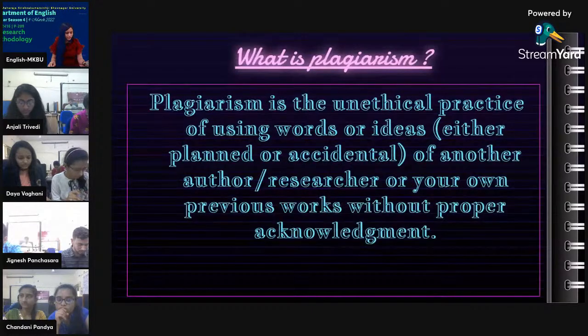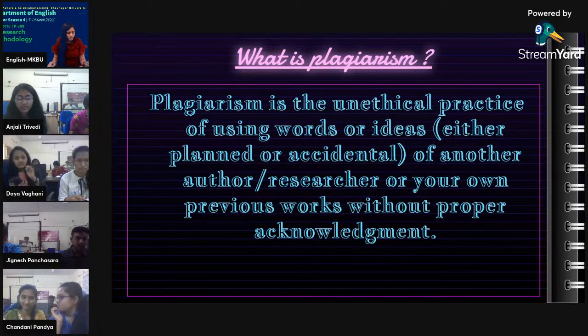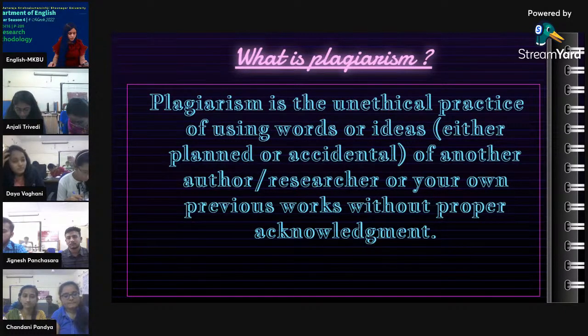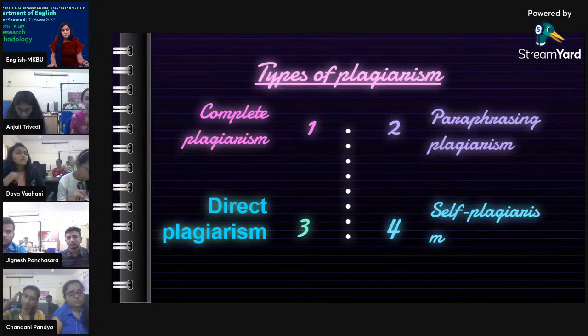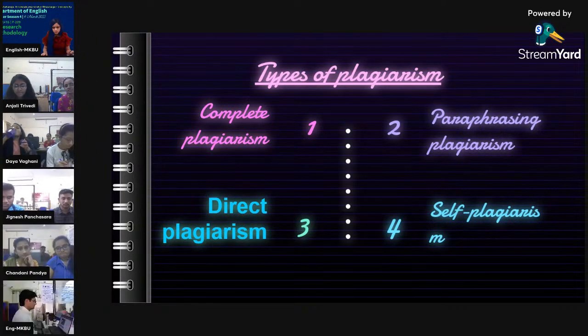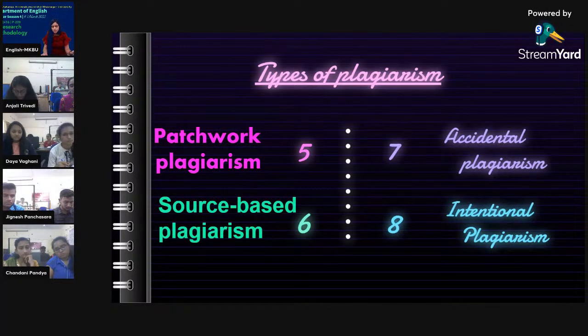Plagiarism is defined differently in educational settings, depending on the institution. Plagiarism is regarded as a breach of academic integrity as well as journalistic ethics. Plagiarism is the unethical practice of using words or ideas of another author or researcher as your own without proper acknowledgement. So, these are the types of plagiarism: complete plagiarism, paraphrasing plagiarism, direct plagiarism, self plagiarism, ritual plagiarism, accidental plagiarism,